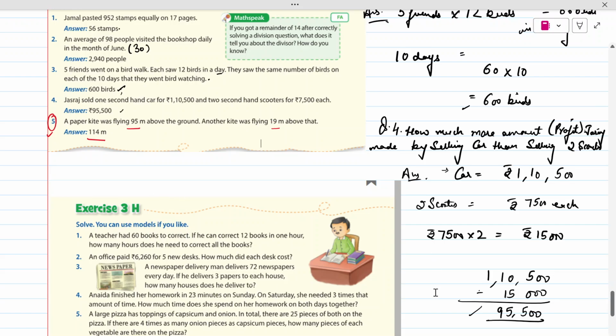Now kids, in the next class we will pick up the last exercise of this chapter, which is again very easy, exercise 3H. And please go through all the questions which we have done today, practice them at home and do your homework also. If you have any confusion,